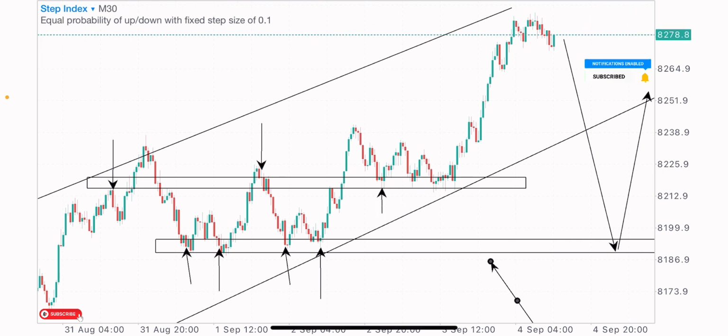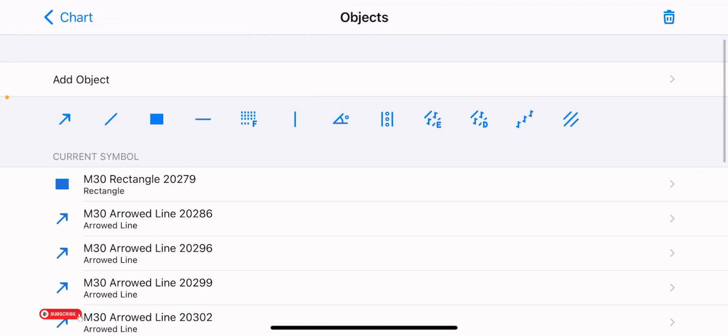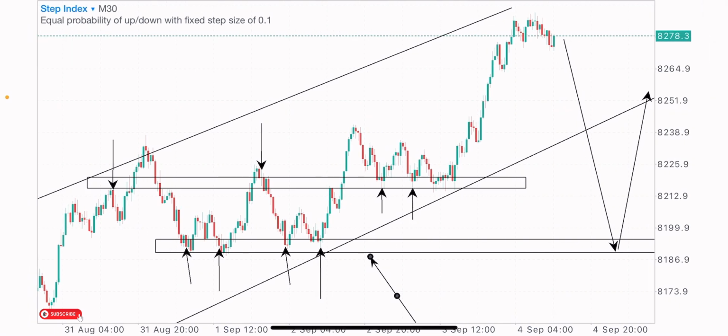At this point, the third test here. So on the fourth test of this level, you'll be getting your entries. So buying this index from this point, buying this index from this level,